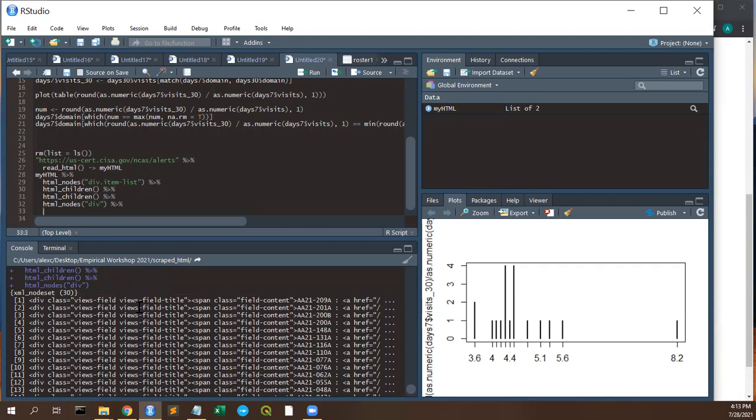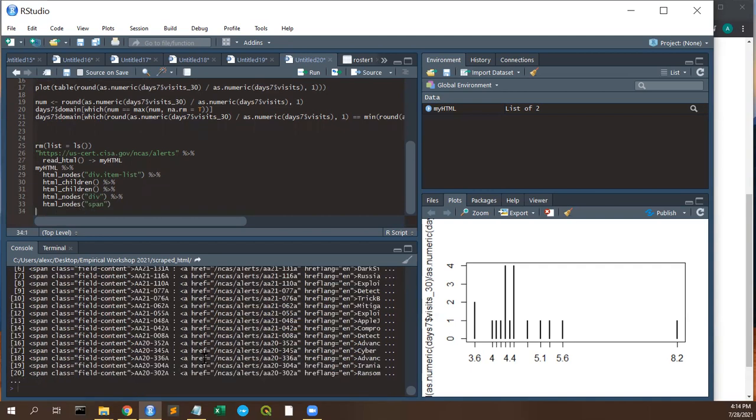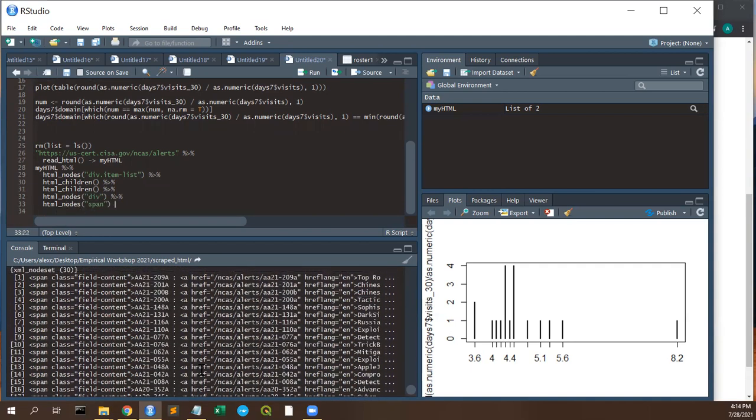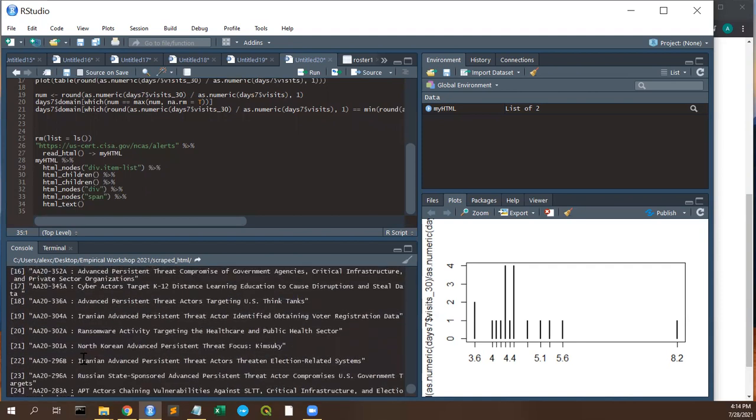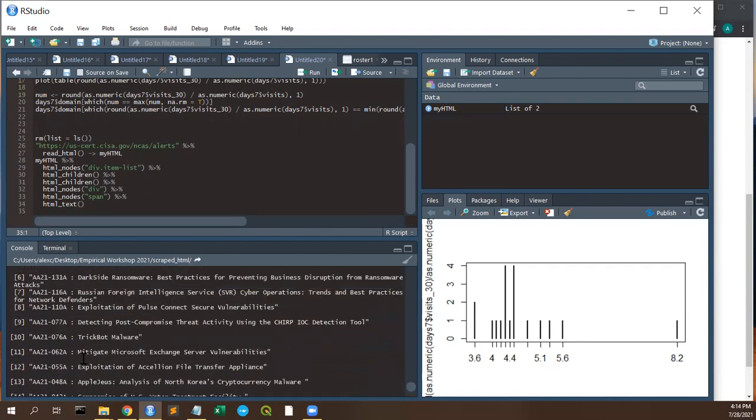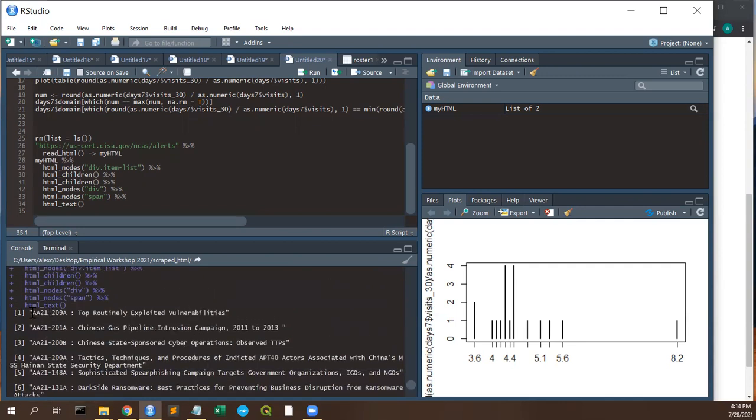Let's look for html_nodes span. It's going to give us a span. And then if we simply want the text, we'll just type in html_text. All right, so now we've gotten both the ID and the name of it. So this is going to be called